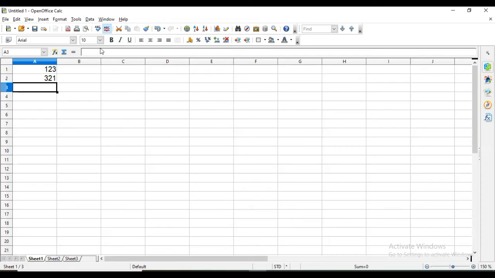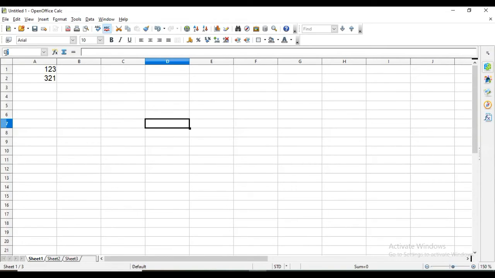Okay. Then there is the address or name field of the selected cell. So right now, how can you come to know which cell is selected? For example, when I click here, then address of this cell is what? First column letter, that is D, and then row number, that is 7. So address of this cell is D7.